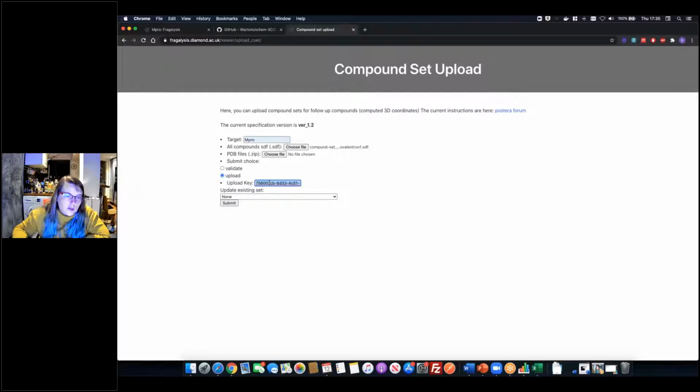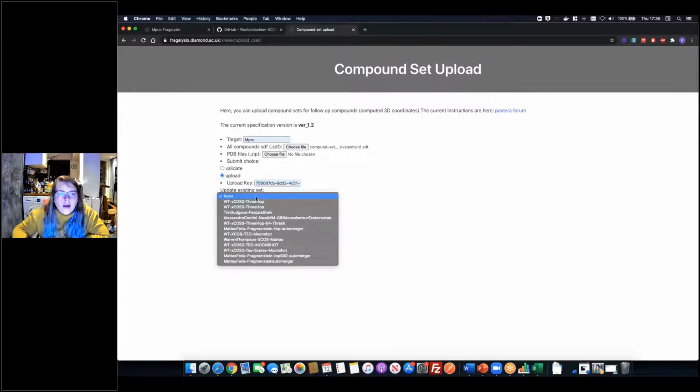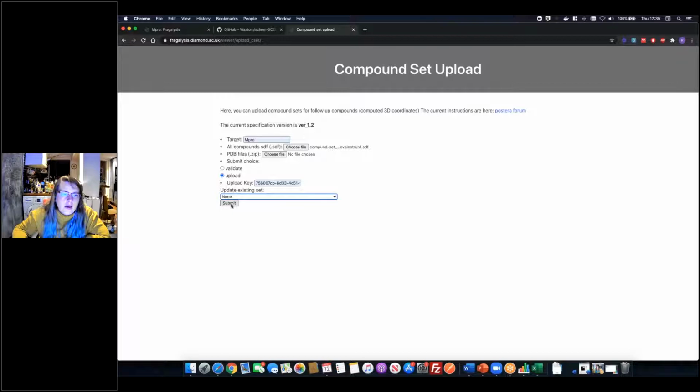You don't need an upload key. Actually, we've turned this feature off for now, so just ignore that. And then if you're updating a set that already exists, you can select that set, and it should play ball. So after we've uploaded our SDF file and given a target and decided to upload it, we can submit, and